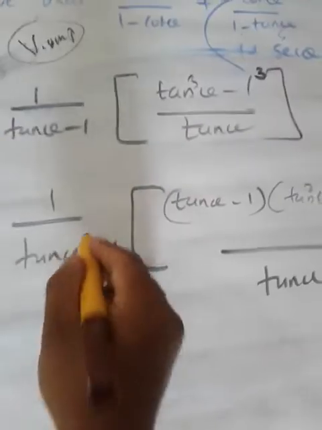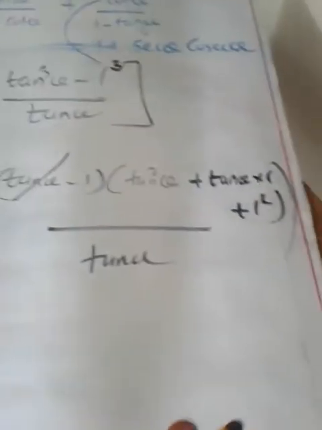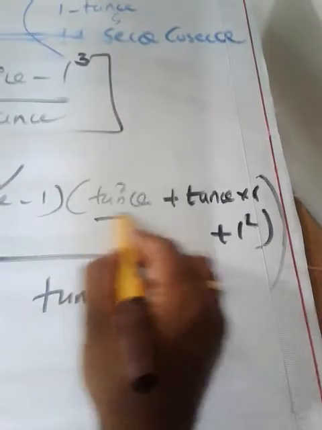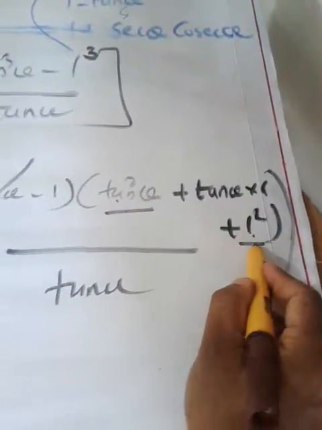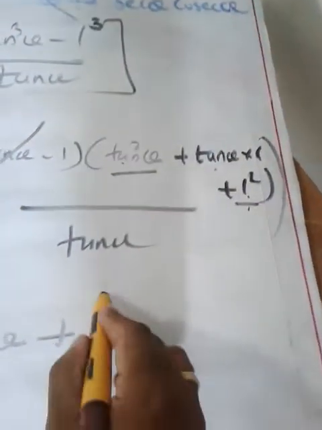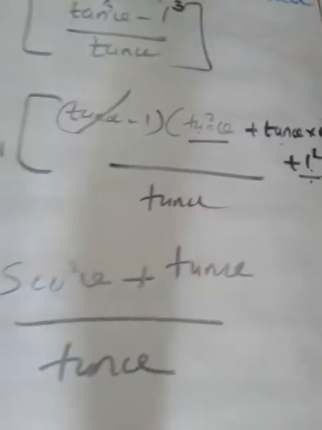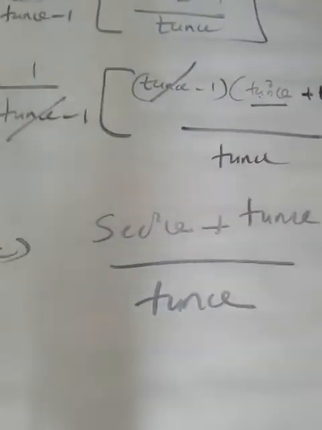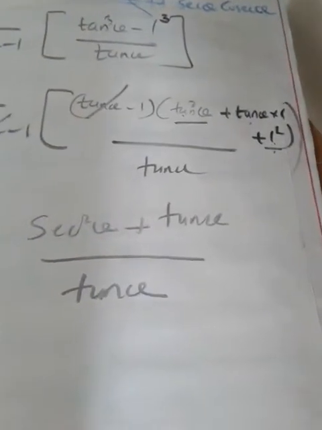Now we just see these two terms. Both methods are almost the same, but comparatively this is simpler. And now we just see tan square theta plus 1. What is tan square theta plus 1? 1 plus tan square theta is sec square theta. Write that. Plus what is remaining? Tan theta by tan theta. You may have understood. Now we just see this much. We have reached this much now, isn't it?